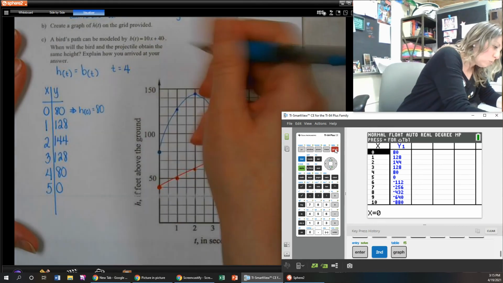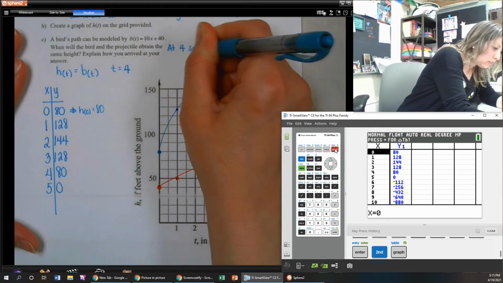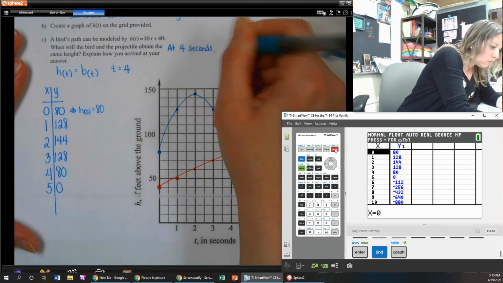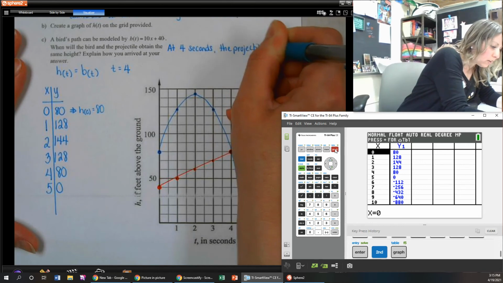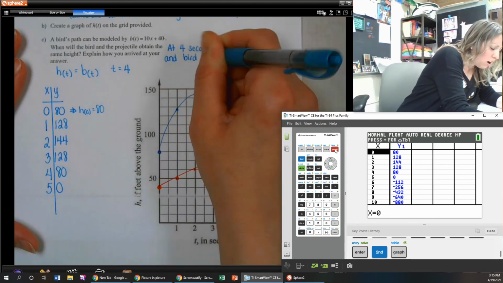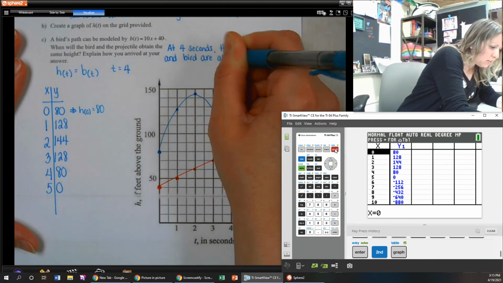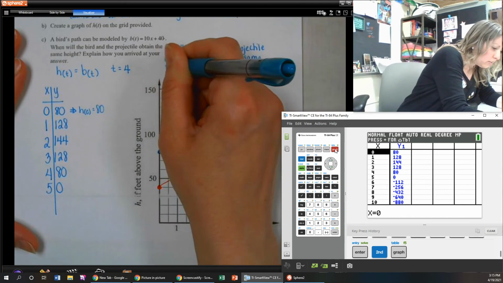So, word-wise, at 4 seconds, the projectile and bird are at the same height